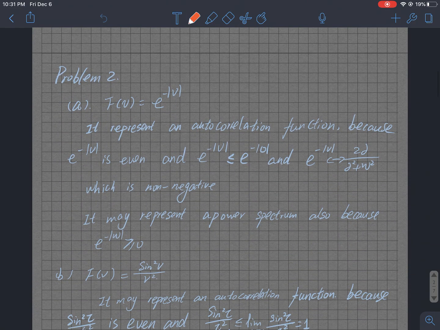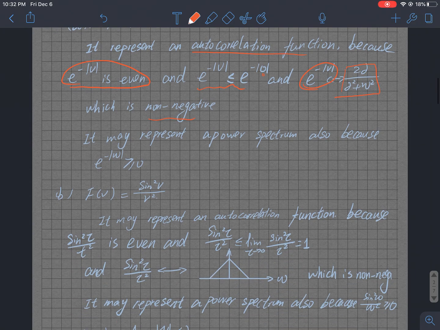So for the first part, we need to first write down the autocorrelation function, because e to the power of minus absolute value of v is basically a shape like this. So we know that it's even, and we know that 0 represents the maximum of this function. We also know that e to the power of minus absolute value of v can be transformed to Fourier form like this, which is non-negative,